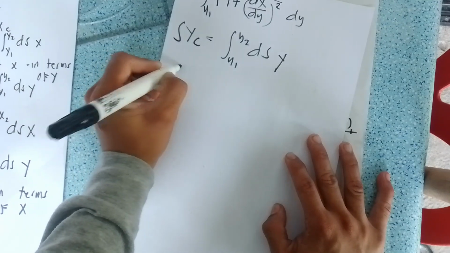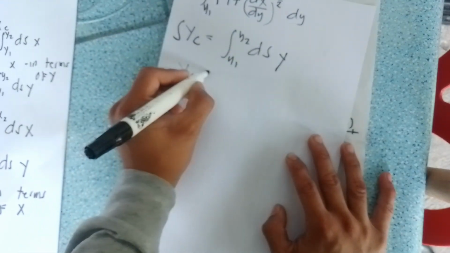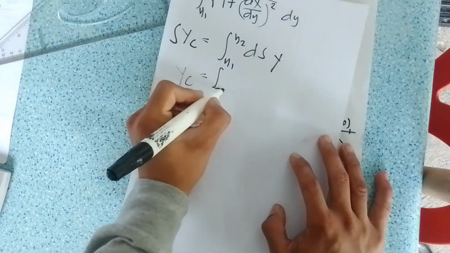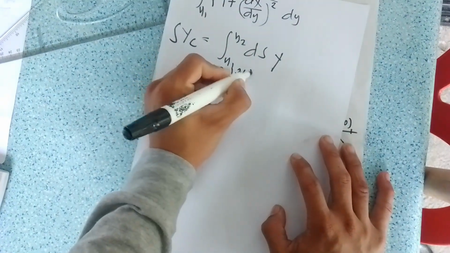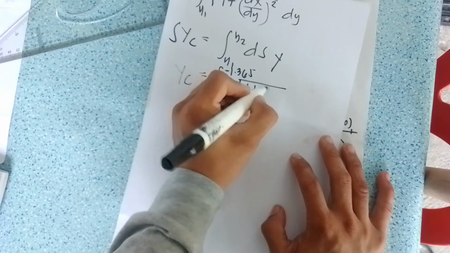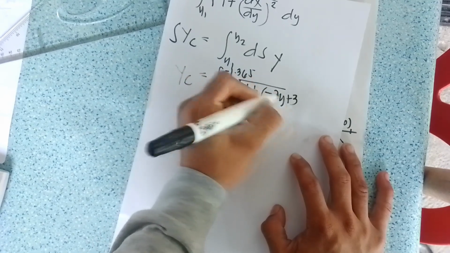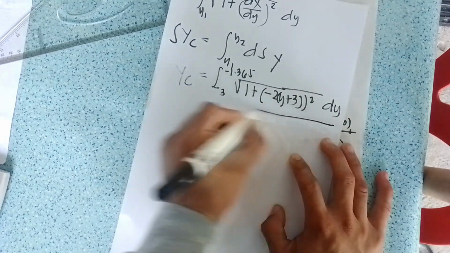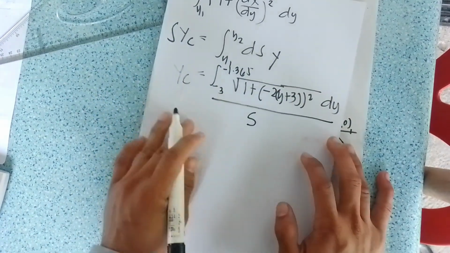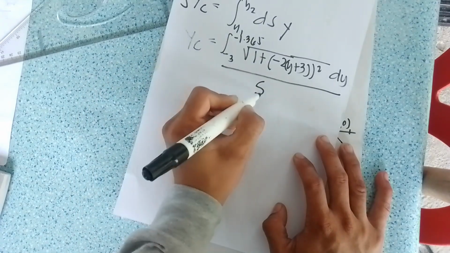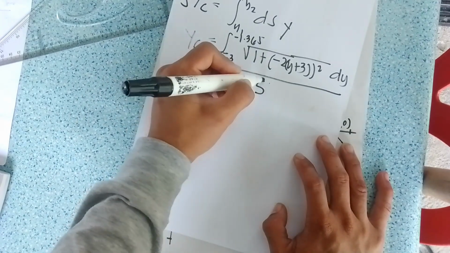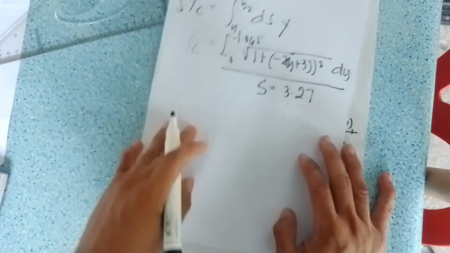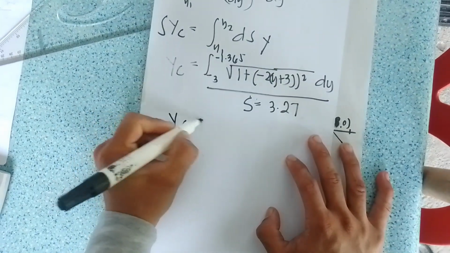So yc, you'll get your y1 here is negative 3, I think, negative 3 up to negative 1.365 of the square root of 1 plus negative 2 times y plus 3 quantity squared dy, all over the arc length. So your arc length is also equal to 3.27. So just simply input it in the calculator. Your yc therefore is